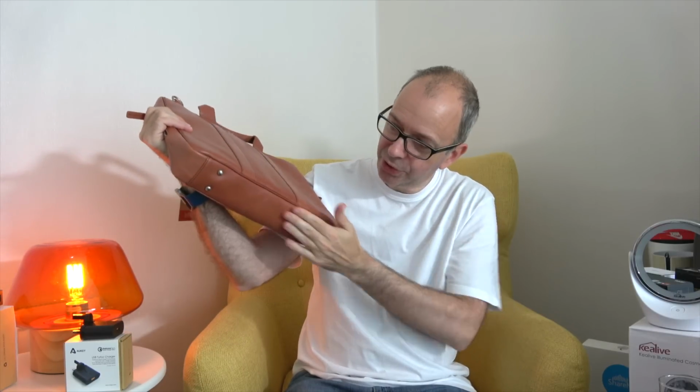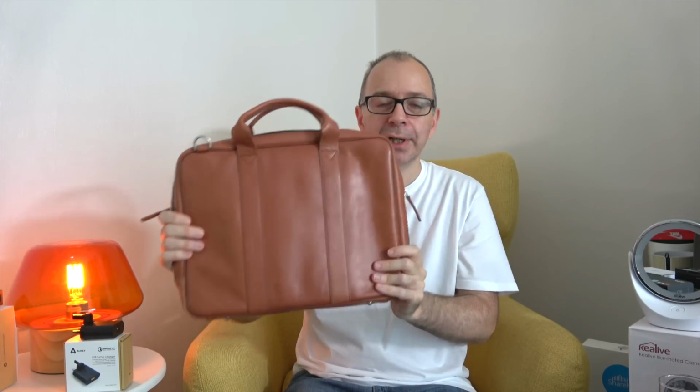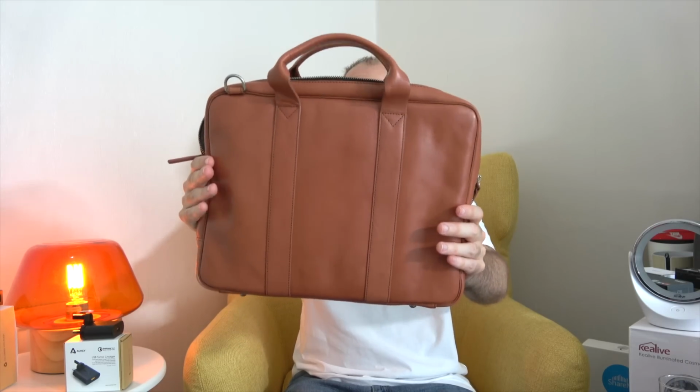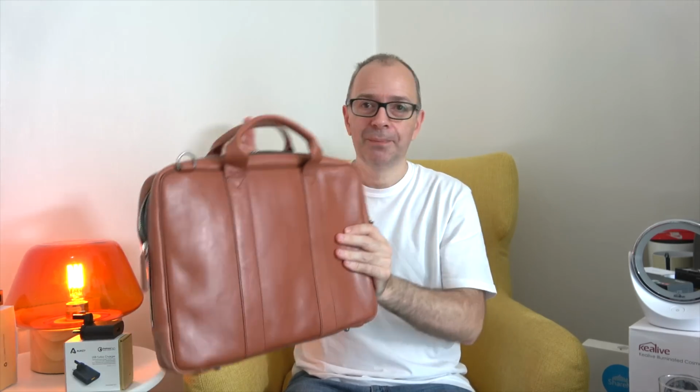Little studs on the bottom to protect that bottom section. I can see me using this a lot. So this is the Toffee Lincoln Briefcase. Do check it out. So I've covered a lot of technology for you here already, but I've got a product